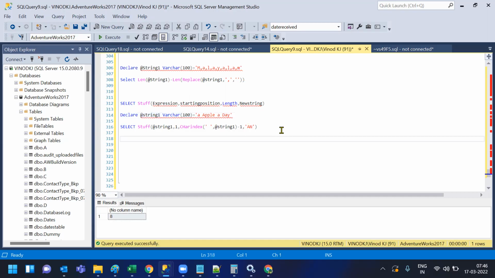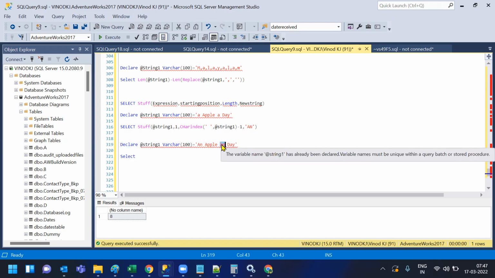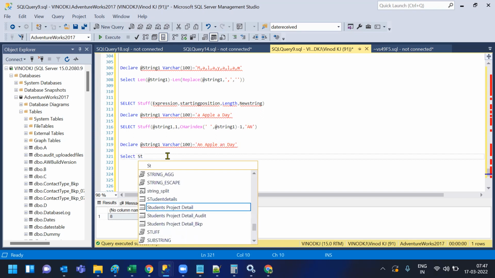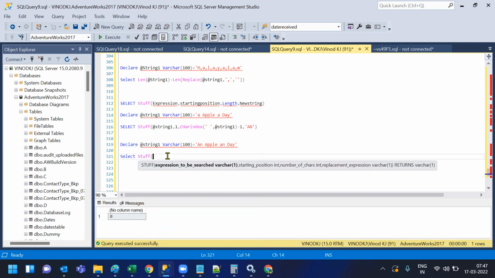This is a different sentence altogether. So now this an is correct, and this an is wrong, and we have to replace this an with a. We are taking the second position. So we are now going to take the substring here. Yes, exactly. So STUFF of